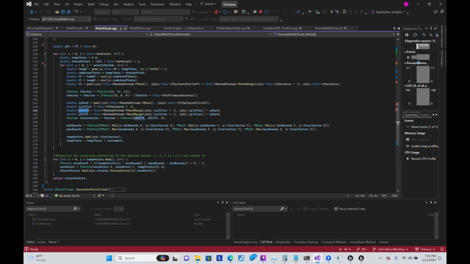Then we have x shift, a random range of the xy jitter value we calculated times -1, and the positive xy jitter value times the xy random that we calculated here. Likewise, y shift is the exact same calculation again. And then our final vector, we take our initial vector that we changed up here and we add